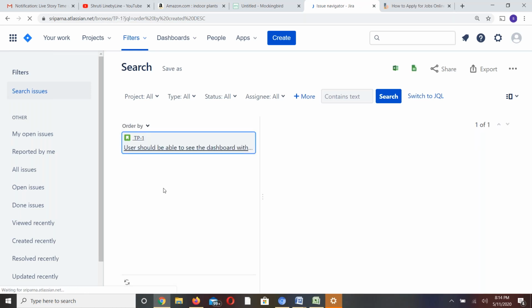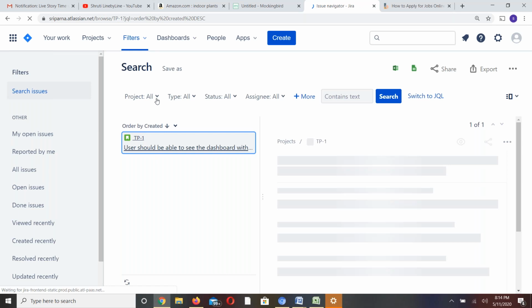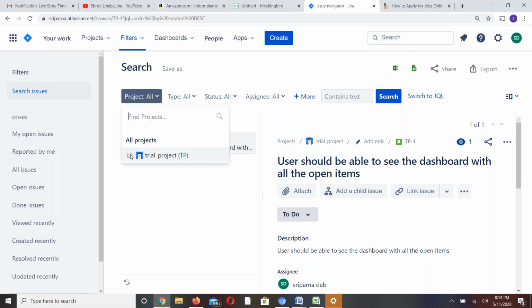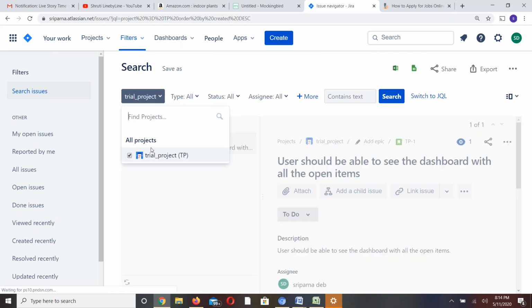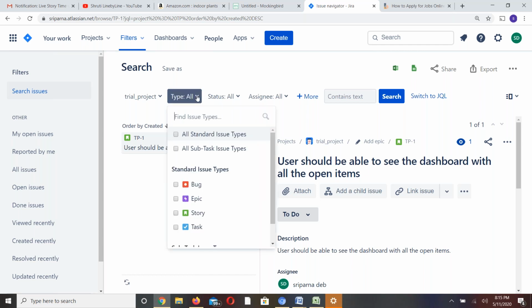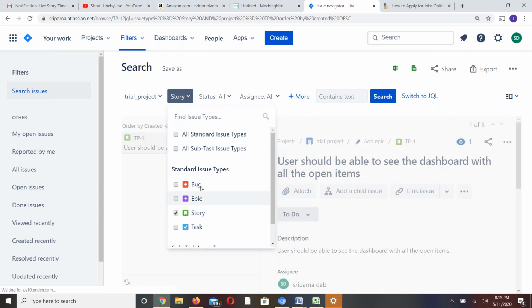Okay, right. So this is to create a filter. For example, you are assigned to multiple projects, so obviously you'll see a number of projects here. Here we have only one project. If you click on this drop down, this is more customized right now. You don't even need to know anything. You just need to select the right values from the drop down. And what is the type of issue that you would like to see? That should be a story or a bug or whatever. If you click on the drop down, you see the option story, okay, and whom it is assigned to.